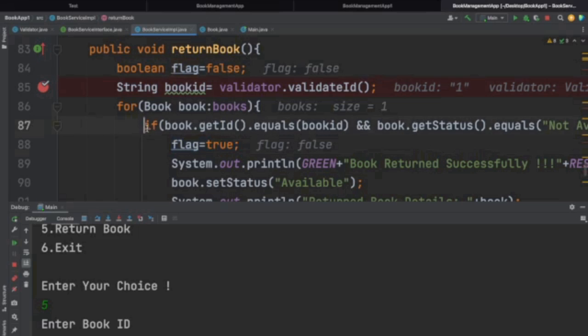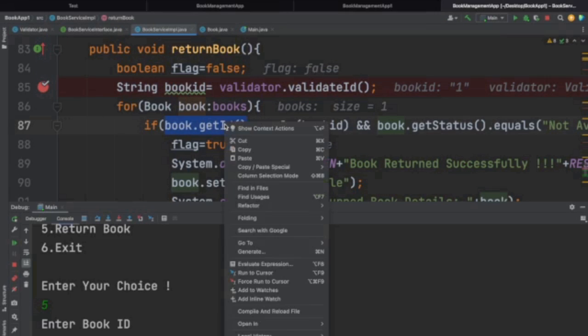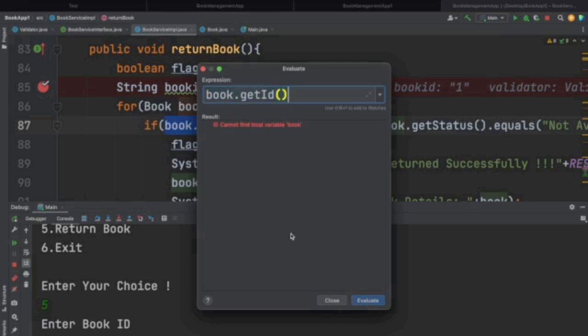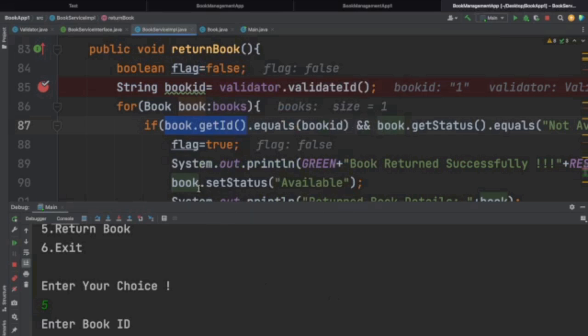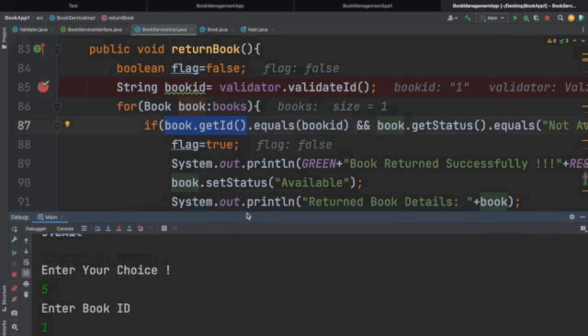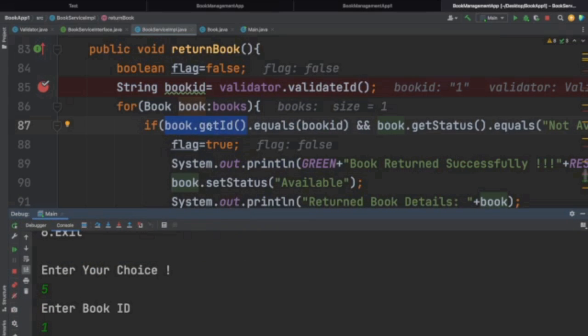And now this condition is not satisfied, because see here the book dot get id, if we evaluate that, this book dot get id. Okay, now we are at the next line, so that's why it is not recognizing, but book dot get id